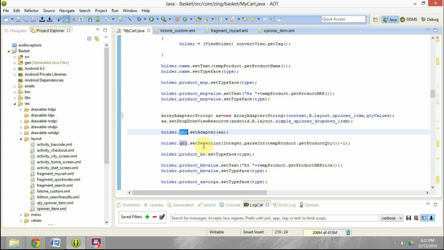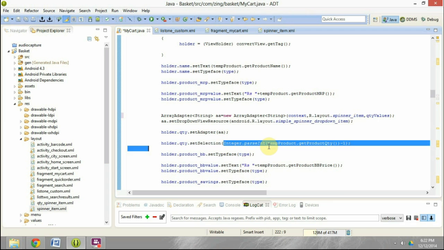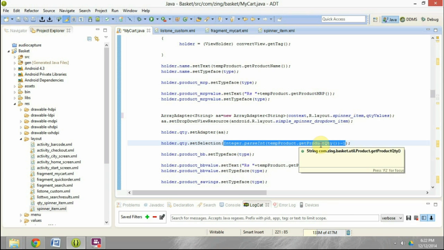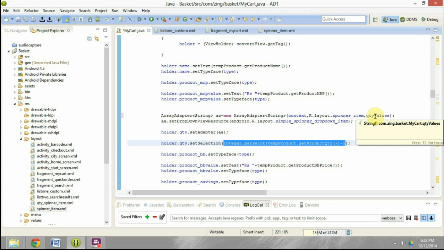And then also what we are doing is we are setting the quantity which would come to what is there in the get quantity method. Now if you look at it, why we are doing a -1 is because this requires the position. We need to set the position for which the selection should happen. So now if the quantity is 1 but the position on this array is actually 0, it is the 0th position, right? Because it's the first element.